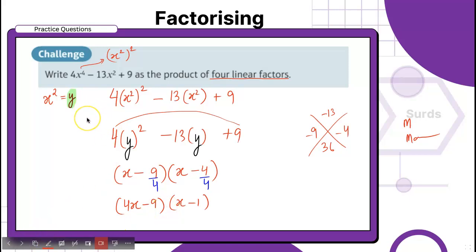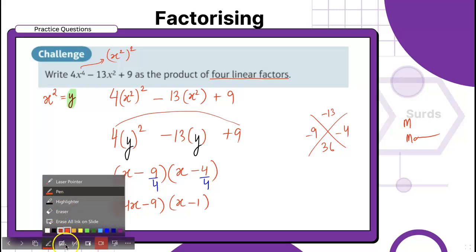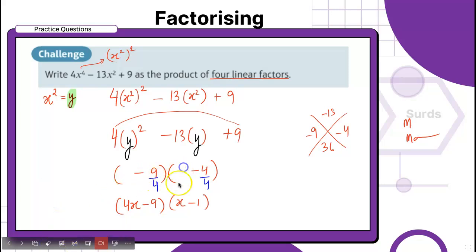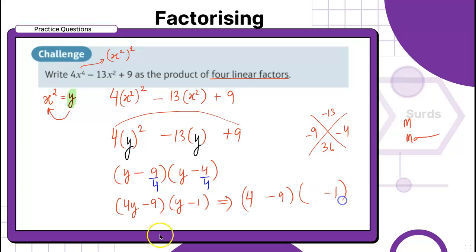Okay, now is the time to get back. Oh, sorry. I made a major mistake. So it was not x basically, it was y. No? It was y. So let me write y quickly. Now is the time to go back to write the real one. So y is nothing but x squared. So here I'll show you. I'm using a different color to show you. We are changing y to be x squared.